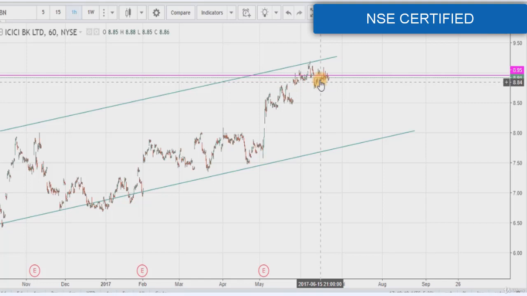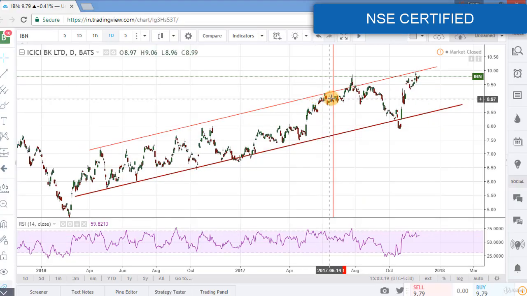a negative divergence here and the stock is moving near the upper resistance line of its range. So, it may fall to the extent of trend line. Then only we can buy the stock. This was our last position of the chart. Now we will analyze the current position of this chart. This is IBM chart and this was our last position.